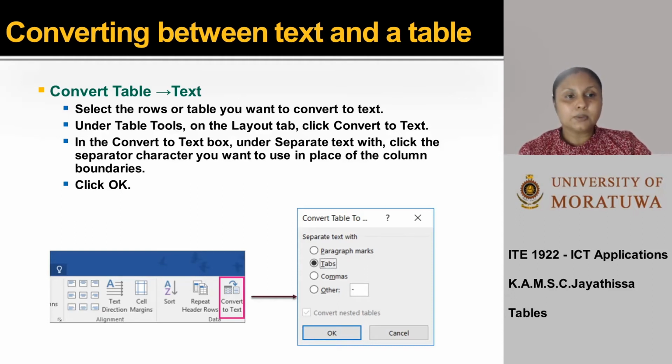In the convert to text box, under separate text with, click the separator character you want to use in place of column boundaries. Then click OK. So you can see by using this convert to text, you will get your table to text.